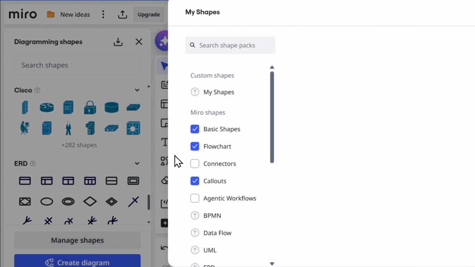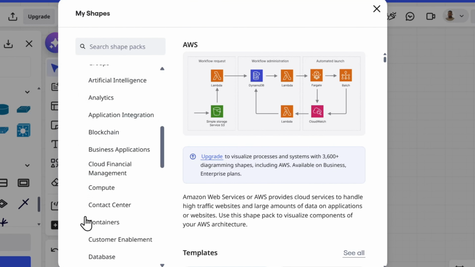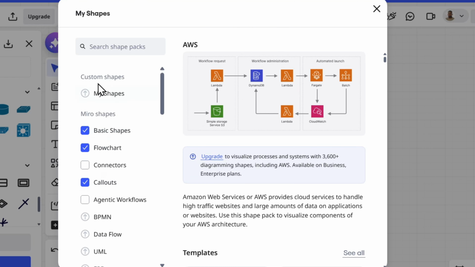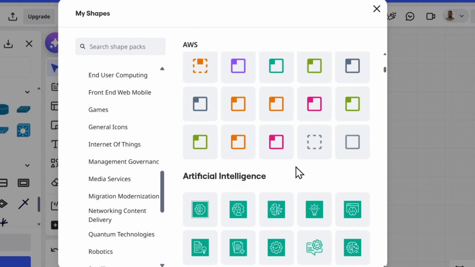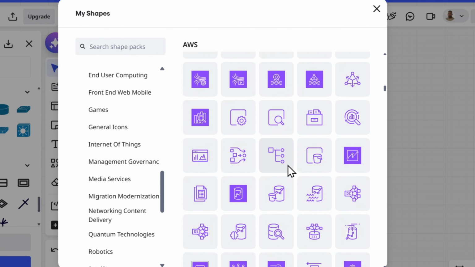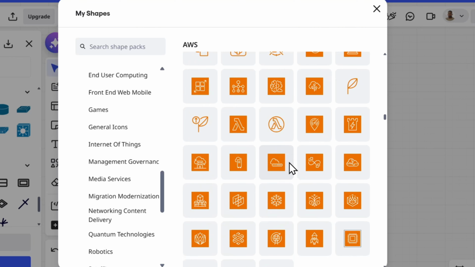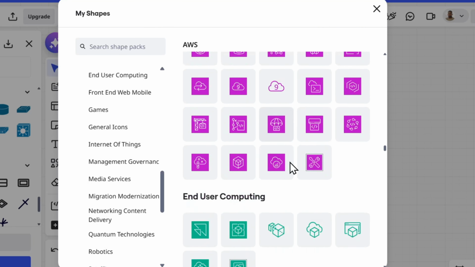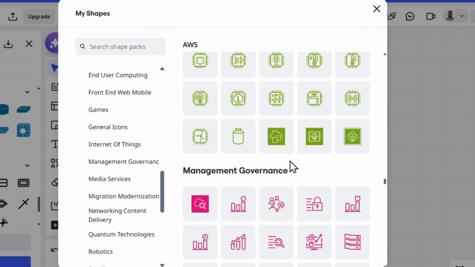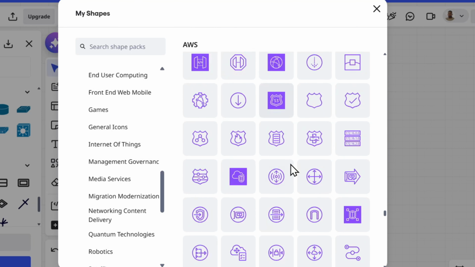You also have the option to manage shapes, and so you can enable quite a lot more, as you can see right here. So you can enable connectors and all of those good stuff, right? So you can scroll down and you can find a whole lot of different icons and shapes that you can actually use. As you can see, whole lot of different categories,